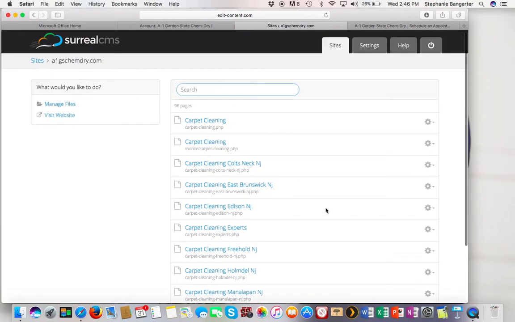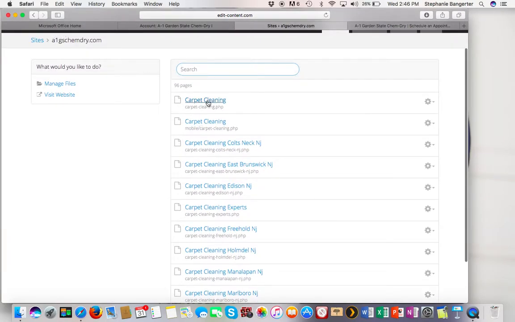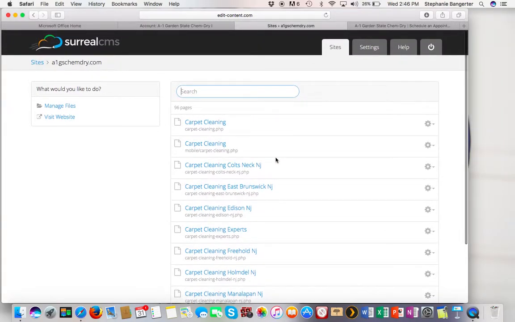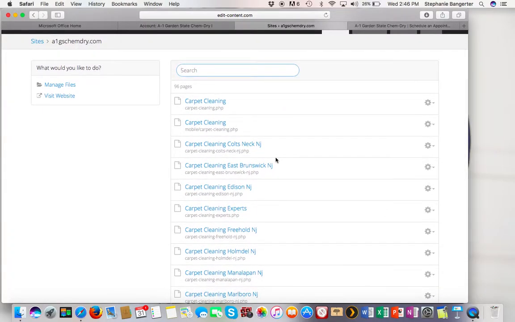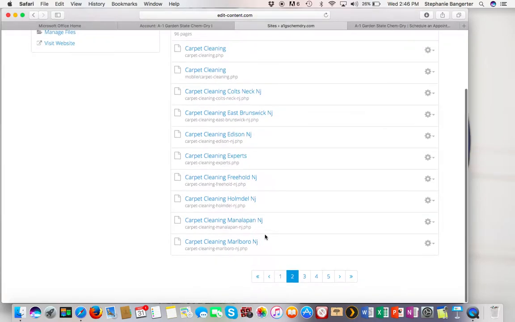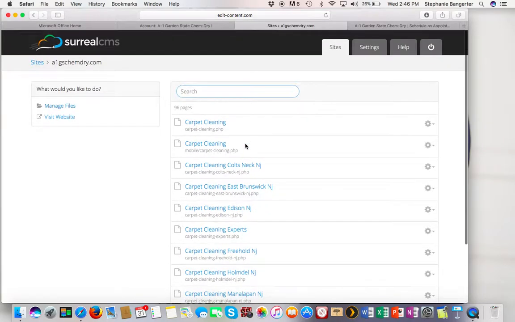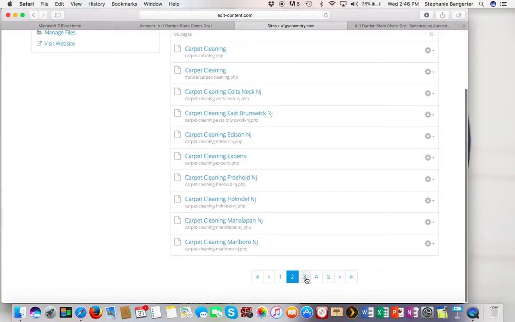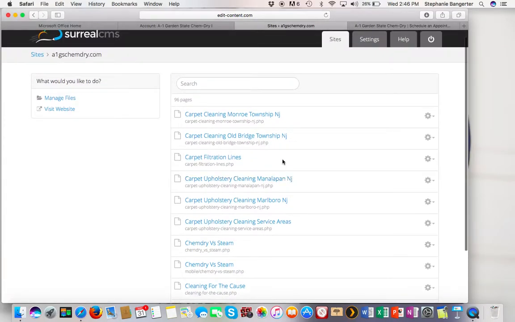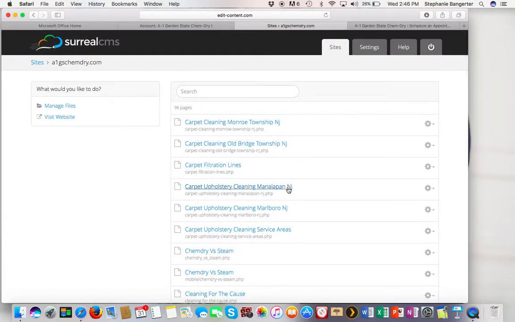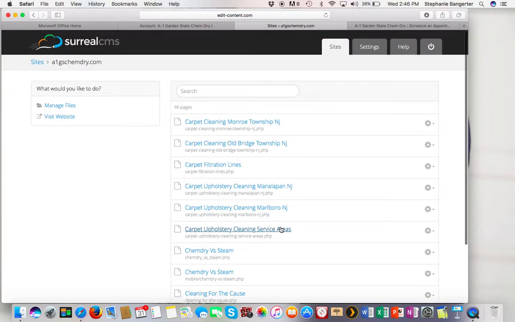So we're back here to all of our pages. That's the one we just edited. So let's say you want to create a new page. So instead of where you would go into PageLime and you'd say, I want to create a new page from a template, basically all of these can be templates. So if you wanted to create an upholstery cleaning page, you can go here. But instead, we're going to go over here to the right to the settings spin wheel,